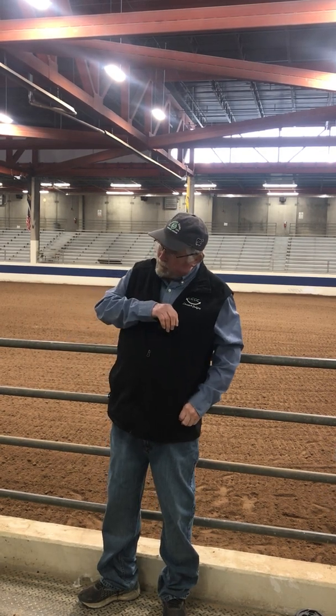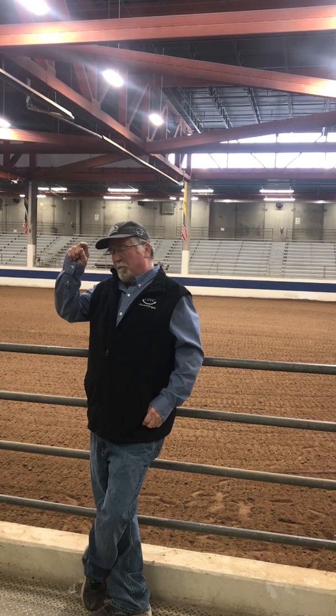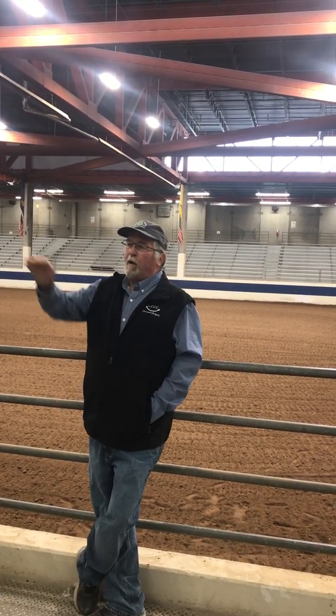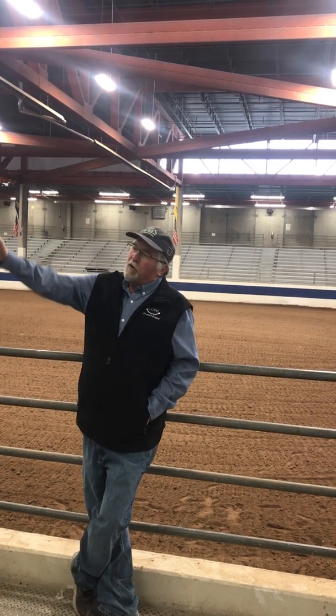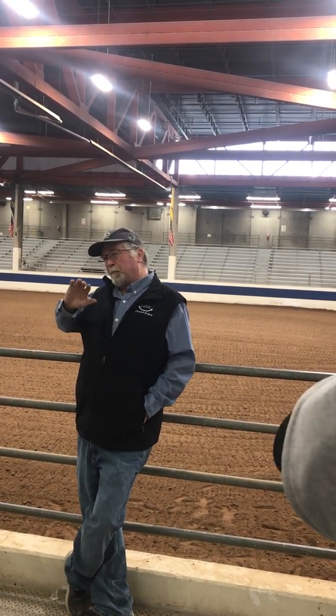So typically, a beef animal's got to have a minimum of 3/500ths of an inch of fat on it, about like this, measured at the 12th and 13th rib. And so when you feel over the ribs, if it's like running your hand over a chain link fence, that's too skinny. That's not fat enough. But if you can't feel the ribs at all, they're probably too fat. You're going to want to feel them, and you're going to need some cover over them, but as you get back to the 12th and 13th rib, which are the back ones closer to the hip,